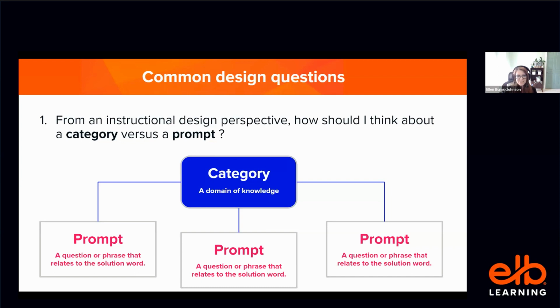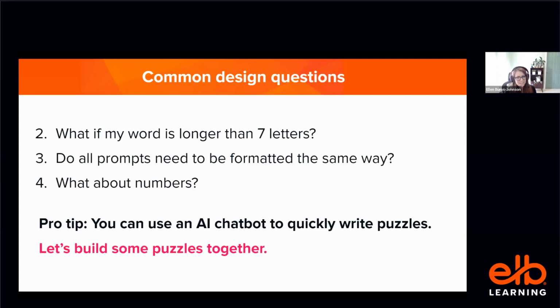The next questions, 2, 3, and 4, I want to give you a little cheat code for, because these are actually some of the toughest ones on a case-by-case basis. Trying to figure out how to phrase a prompt in a way that makes sense can take a lot of time. We have tools available to us that help reduce writing time. So one of the things I want to take you through today is how you can use a chatbot like ChatGPT or Bing Chat, or maybe writer.com if you're using some of the other tools that are out there. I want to give you some guidance on how you can use these chatbots to create puzzles with